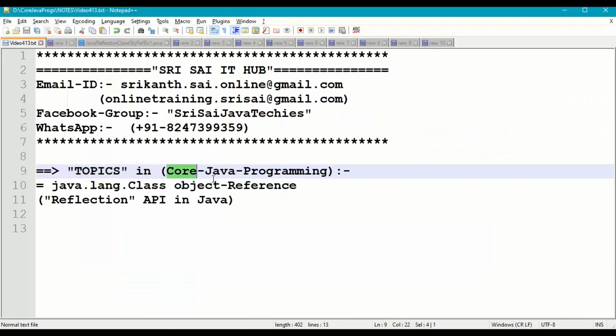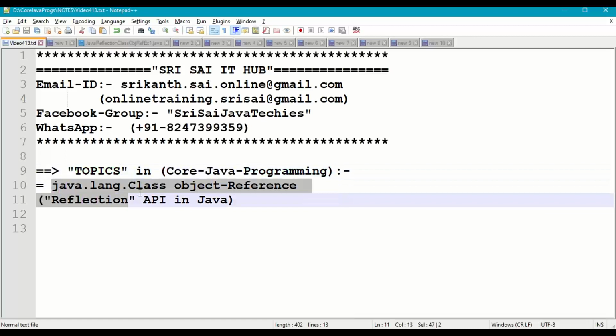In this video of Core Java Programming, we are going to discuss the following topic: java.lang.Class object references. So in how many ways can we get the object reference of a class whose name is also Class, which is mainly used in the Reflection API in Java?